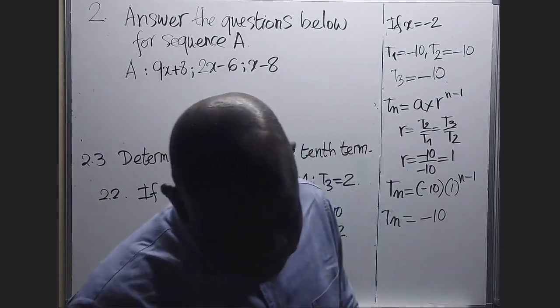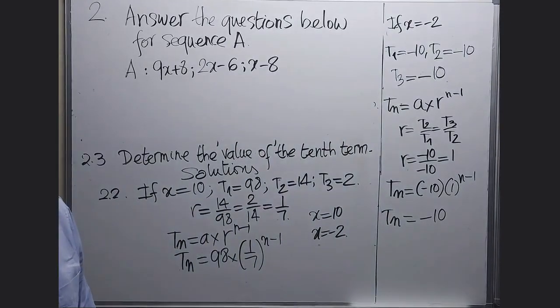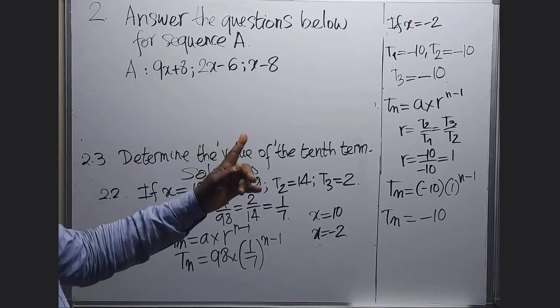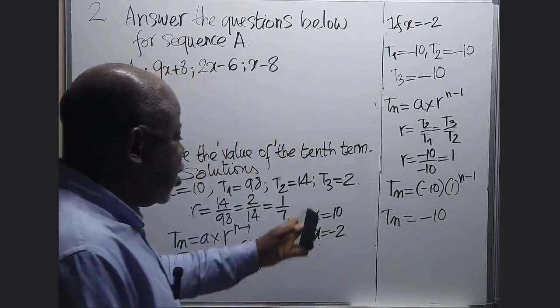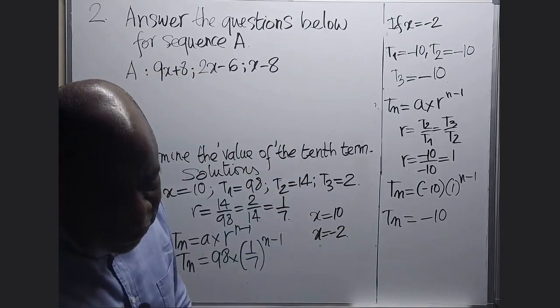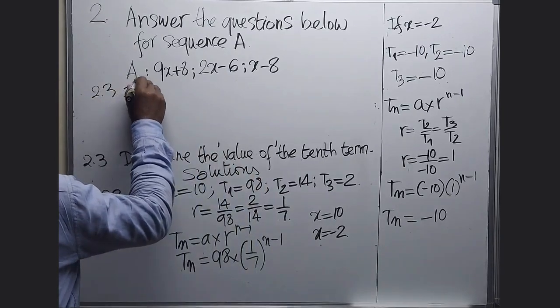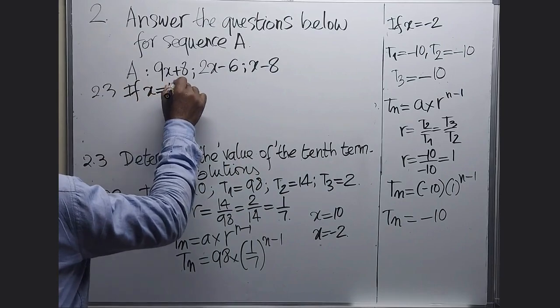If we want to get the value of the 10th term, we will consider all the values. Remember, we're having x is equal to 10 and x is equal to negative 2. The first one: if x is equal to 10,